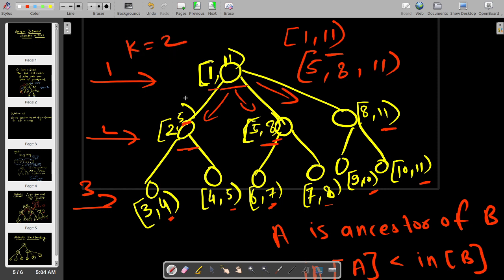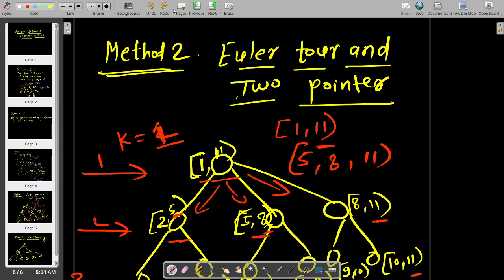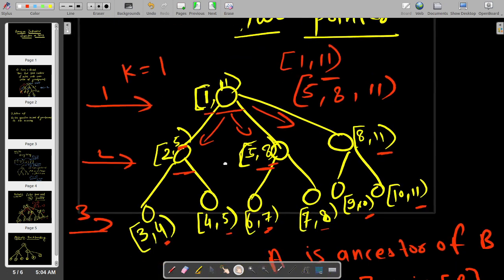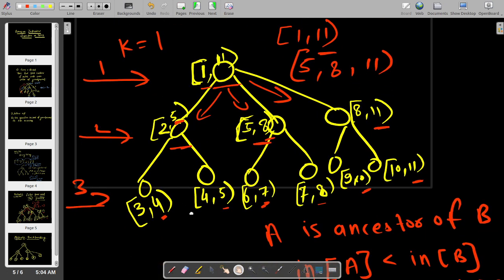So I could apply 2 pointer on this. Let's say k is equal to 1 here, it will be better, because I could show you how 2 pointer works.